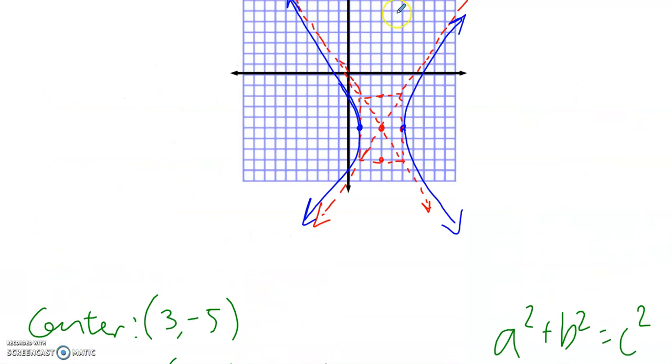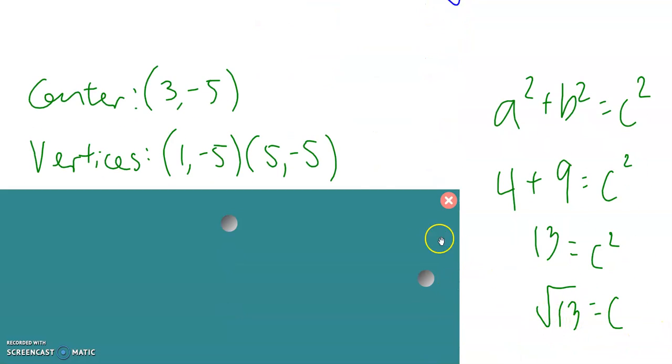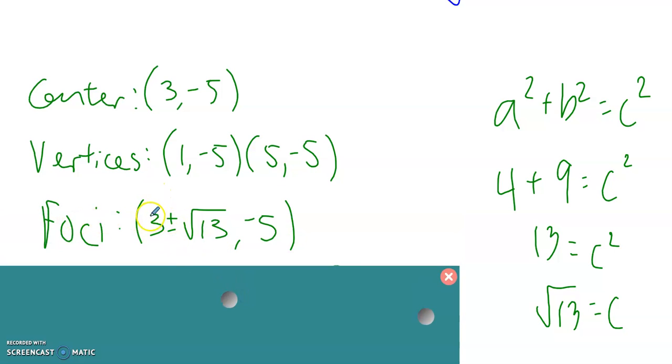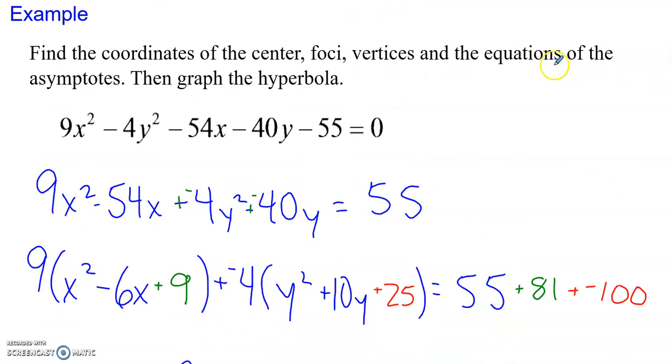And then the foci are going to be inside these hyperbola curves here. So the foci are going to be somewhere like here and here. So that's going to be to the left and right of the center, which means I take that value and I add or subtract it to the x coordinate of the center to get that the foci are at 3 plus or minus the square root of 13, comma, -5. And then I think the last thing it asked for was the, let's see, center, foci, vertices, equations of the